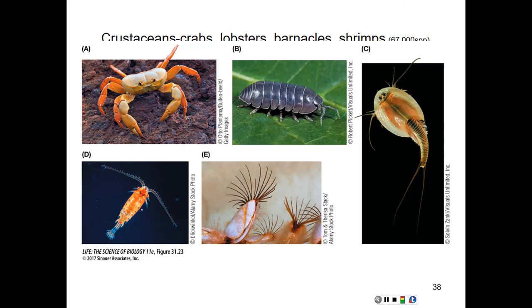The cuticle is hardened, extra hard, into a structure known as a carapace, which covers the head and thorax. They are sexual with separate sexes. The female often carries fertilized eggs under her abdominal segments, what we might call the tail if we were at